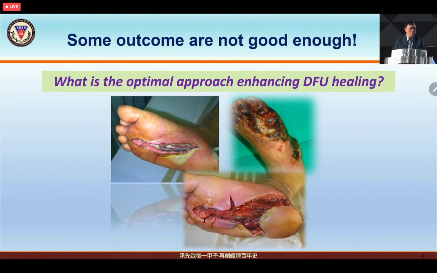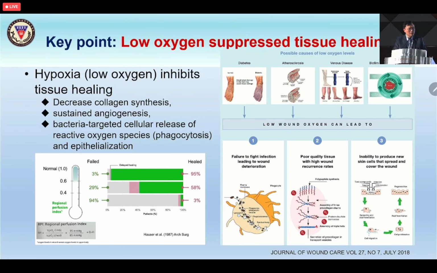However, even though we have a lot of strategies we can approach, what is the optimal approach for enhancing diabetic wound healing? It is still not good enough in our medical practice. So without tracing back the history and the patient background, you can look at one major issue: